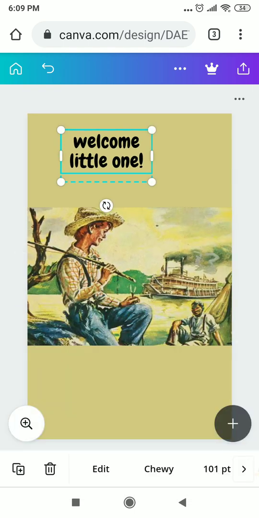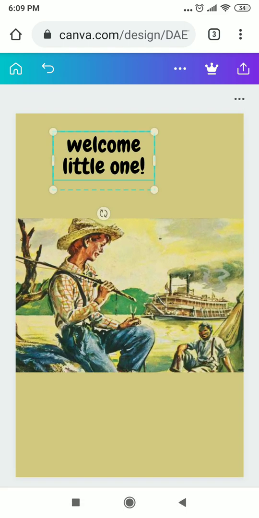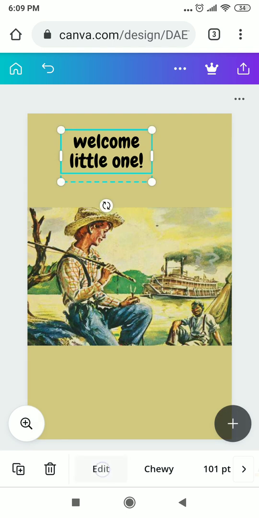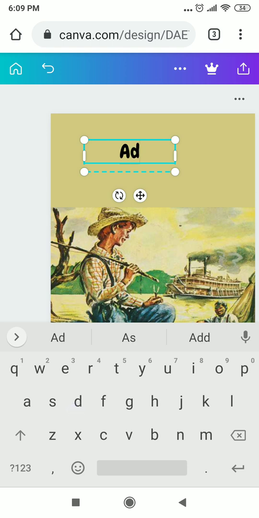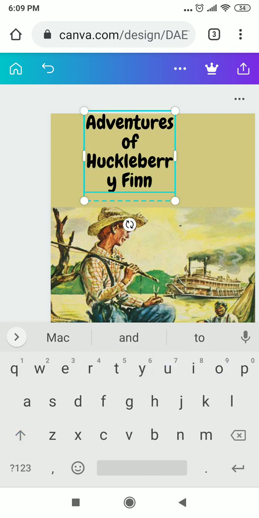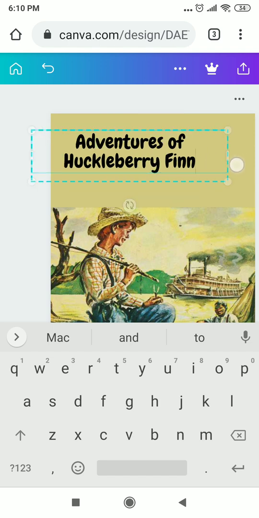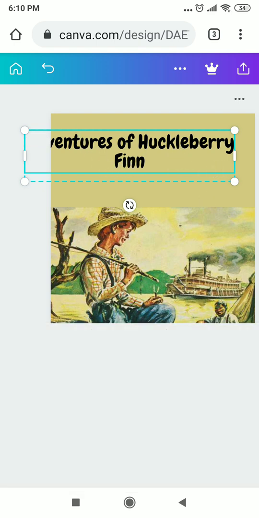And over here now just click and edit it. So here I'll be writing Adventures of Huckleberry Finn, and then adjust the size and drag and adjust the position accordingly.